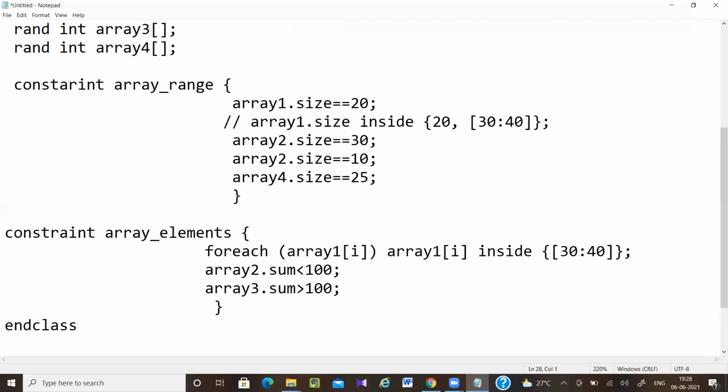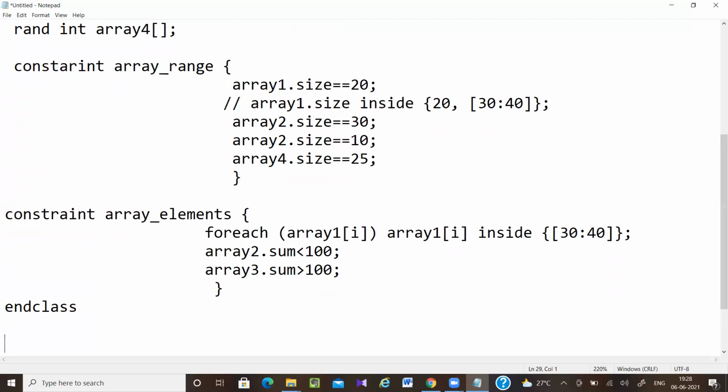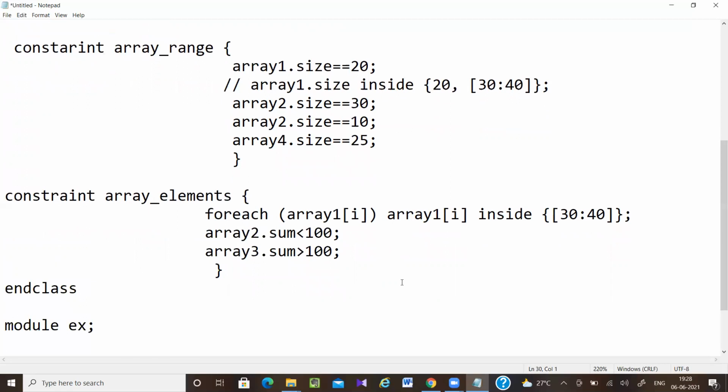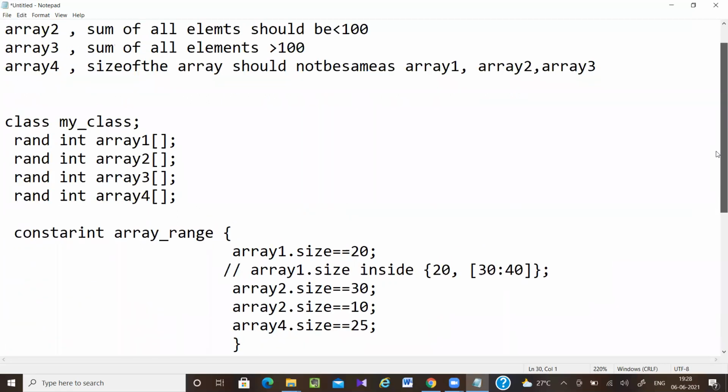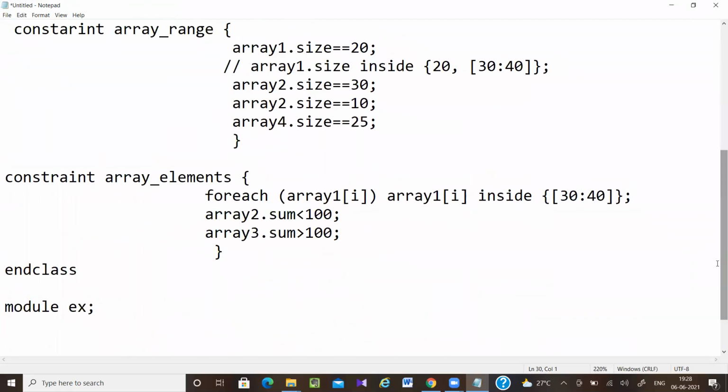Then end class. Module example. What is the class name? Class name is my class. Here I can add a display function: function void display.